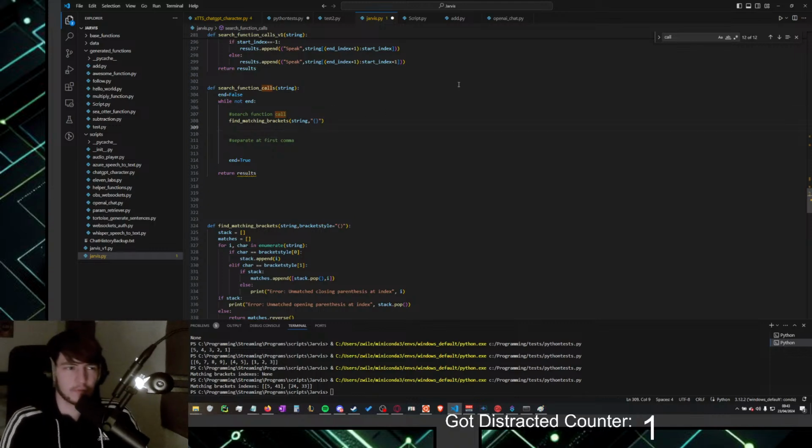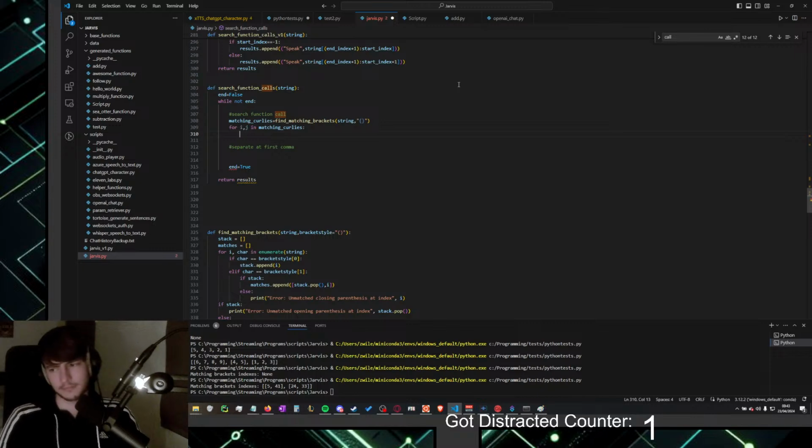So, first we find matching brackets. Catch it in the matching curlies thing. Then for i, j in matching curlies, just start, end.